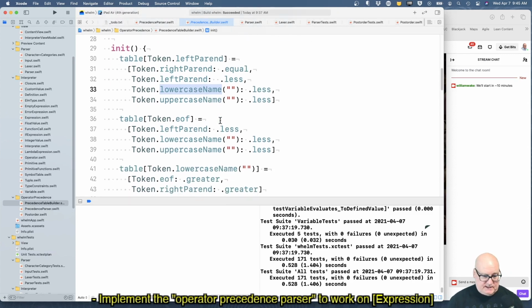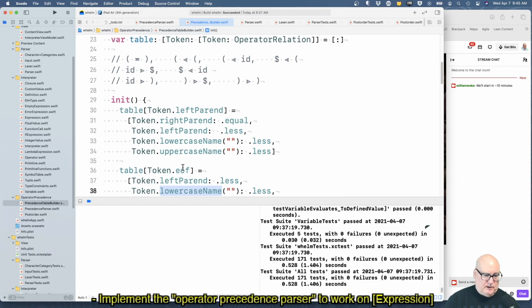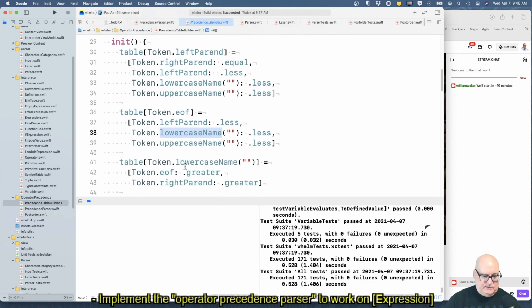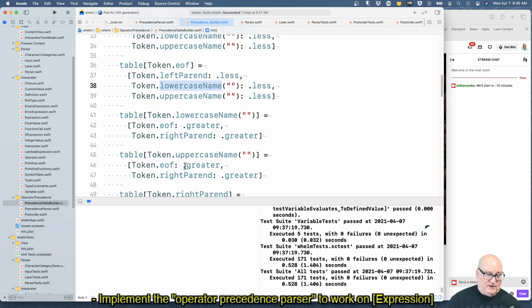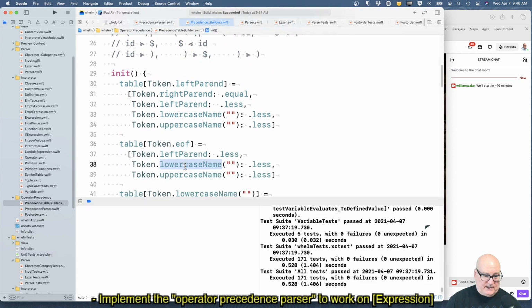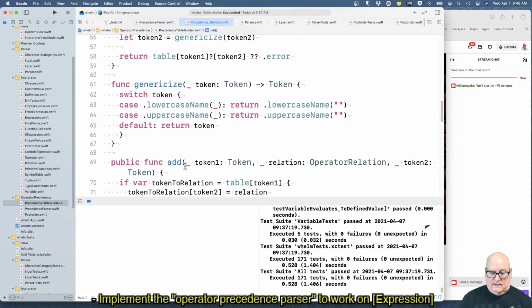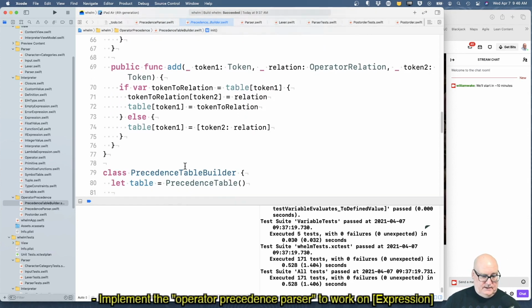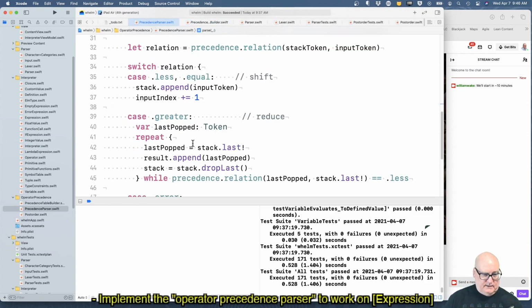Now, we may even be able to simplify it because I want to treat identifiers upper or lower and numbers and floats and really like anything. Unless it's an actual operator or a parenthesis, we don't really care. In that sense, yeah, I think we can work around it like that.